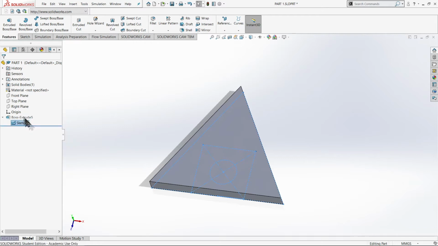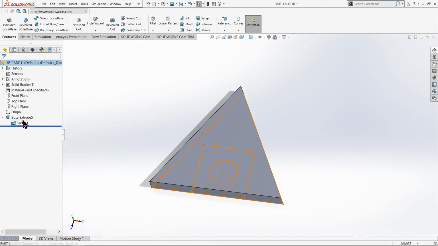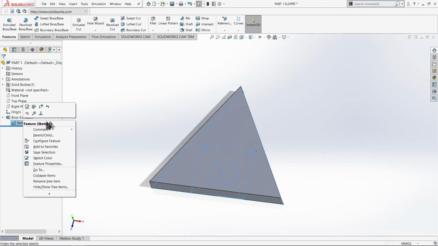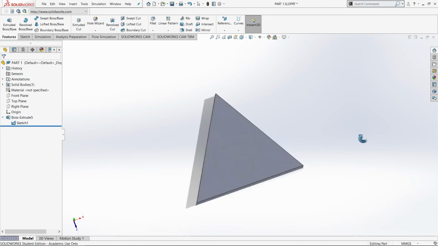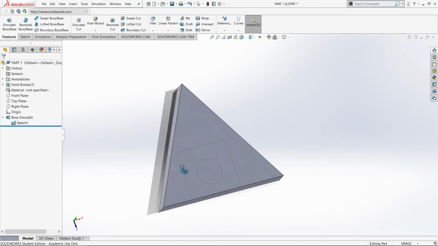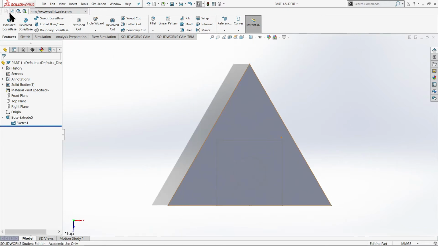So now if we click on this, it will hide it. We want to make sure that it's shown. So make sure you see hide. So once our sketch is shown, now we can go ahead and extrude more of the sketch. So let's go ahead and restart our view. Go ahead and click on the extrude